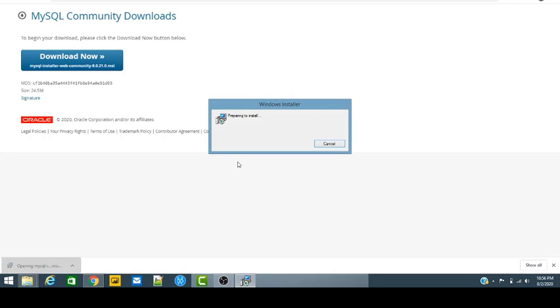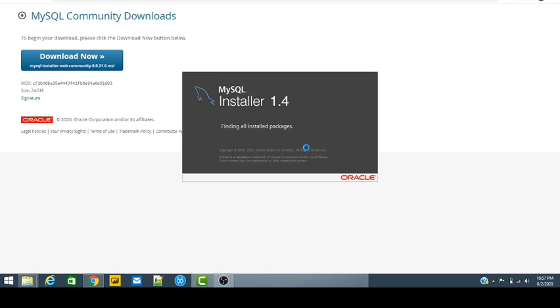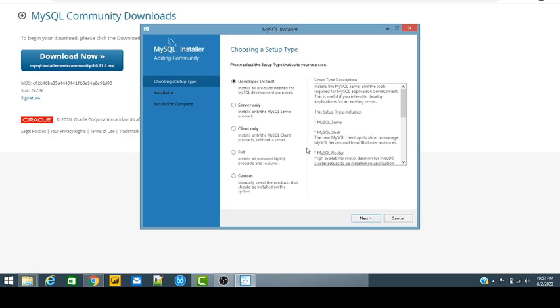So I think it is downloaded, and I double click on the exe file. Here the installation window comes, so we have to choose the correct option that we require here.